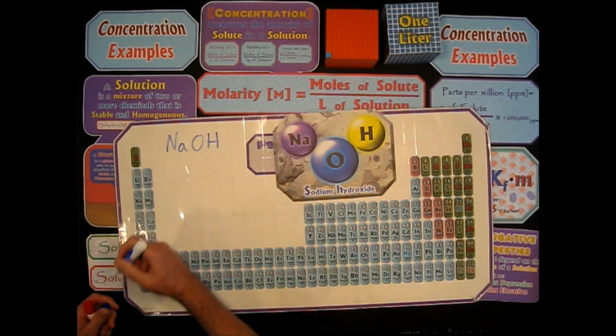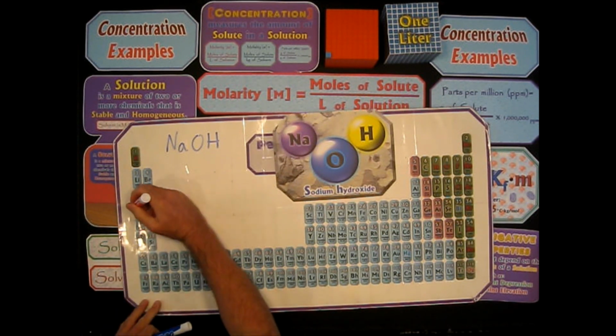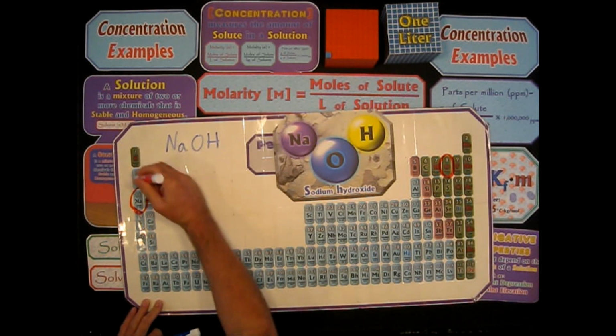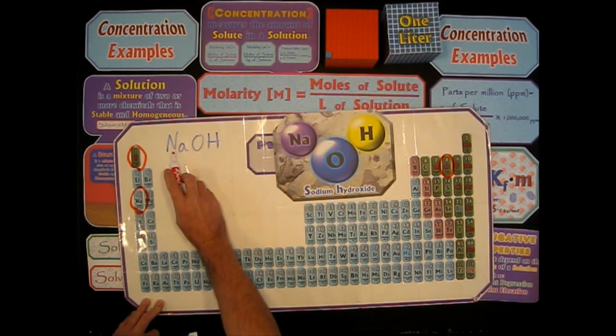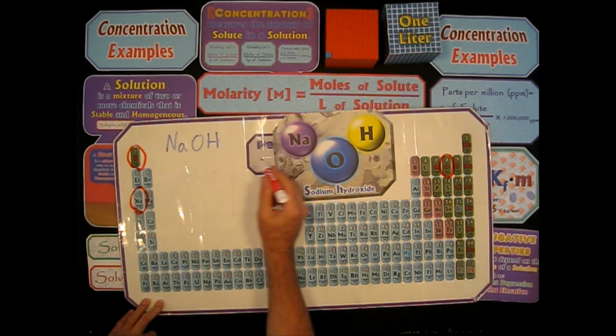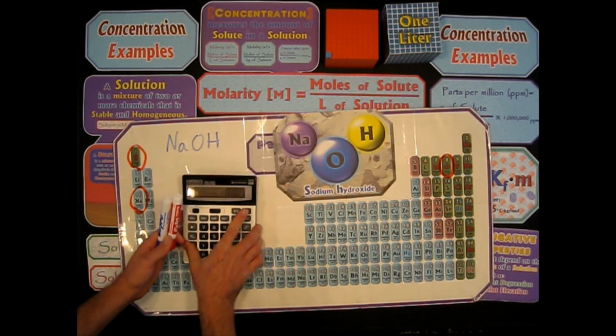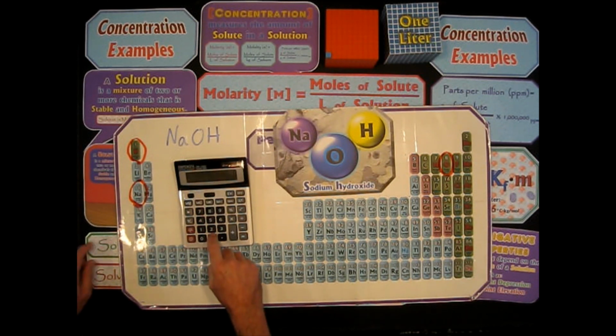So we've got, let me circle them in red. We've got sodium, we've got oxygen, and we've got hydrogen. And there's really one sodium, one oxygen, one hydrogen, one of each. We're just adding them together. So if I put in the masses and add them together,